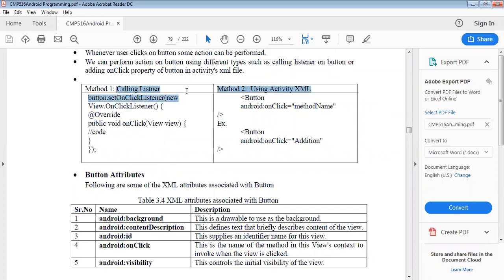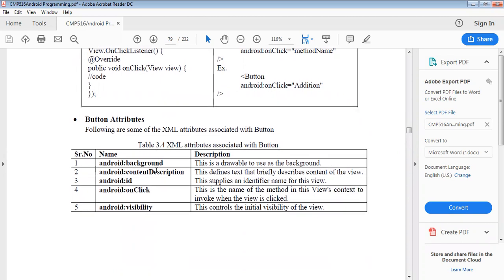First is calling by listener, and after that using the activity. The button attributes are presented, such as background, content description, id, onClick and visibility. Visibility controls the initial visibility of that view.